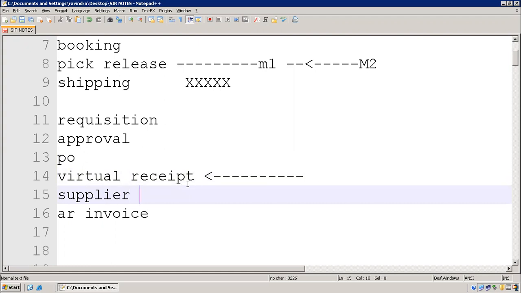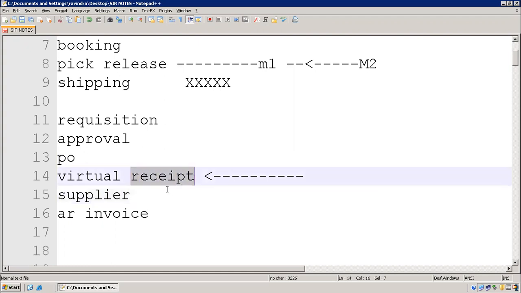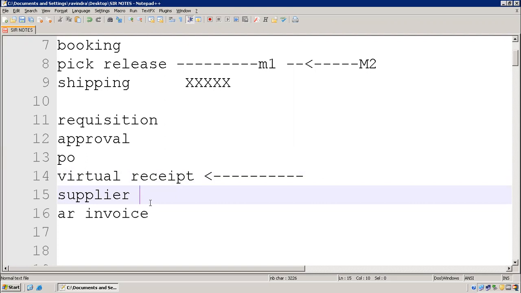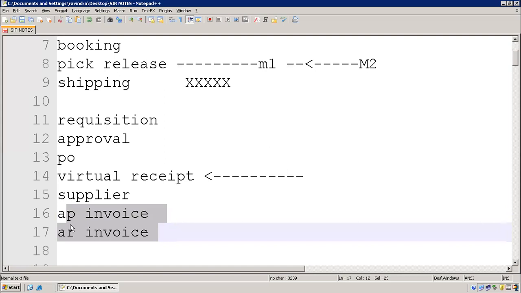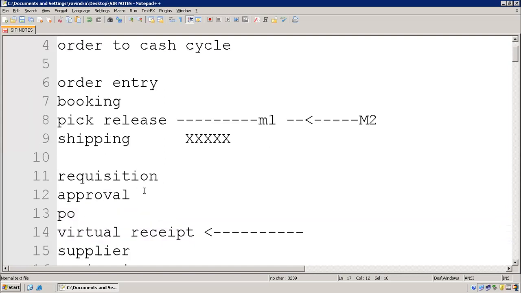That's why we are creating a receipt here. Okay, so here also we need to create an AP invoice because we are buying the goods, right? Supplier will send the invoice. AP invoice we create, AR invoice we create here. Definitely we have to do. It's a combination of P2P and O2C.